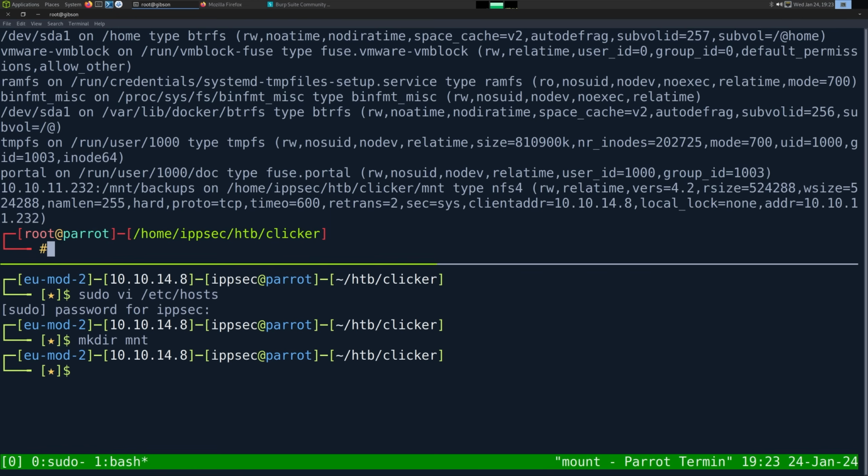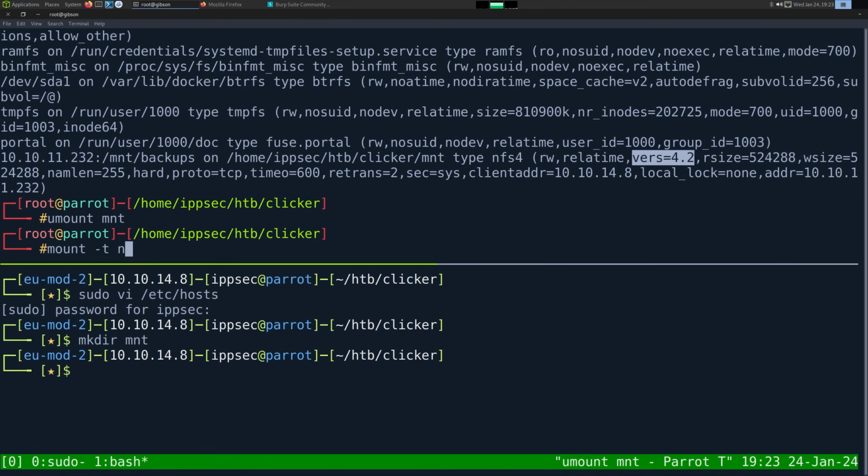default, if I just do mount real quick, we can see version 4.2, which does not have that UID spoofing vulnerability. So let's do a umount on mount. Then we can do a mount -t nfs -o vers=3. I always like adding the rw flag for read write. And then let's do 10.10.11.232:/backups mount,